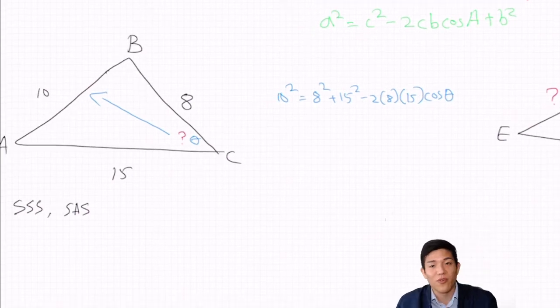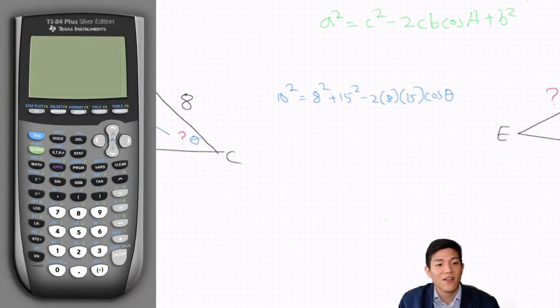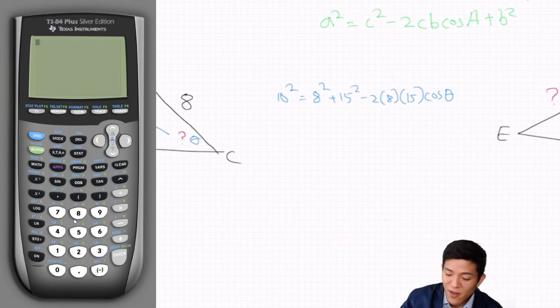And that's where we bring out our friend, the calculator, right? Right there. Let me turn it on, okay? Now, if we have to move 10 squared, before we punch in, we subtract 8 squared and 15 squared, and then we do the same thing on the left. We get 10 squared minus 8 squared minus 15 squared is equal to minus 2 times 8 times 15